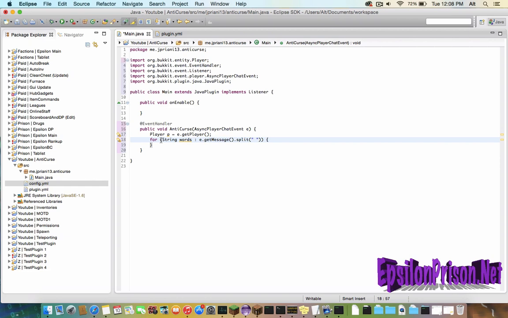What we're going to want to do now is see if the player's message contains any of the things in the config. So if getConfig().getStringList, and the list would be curses since that's what we made it. Close that and hit contains, and then it would be words for the new string. So if any of the words the player typed is in the config,